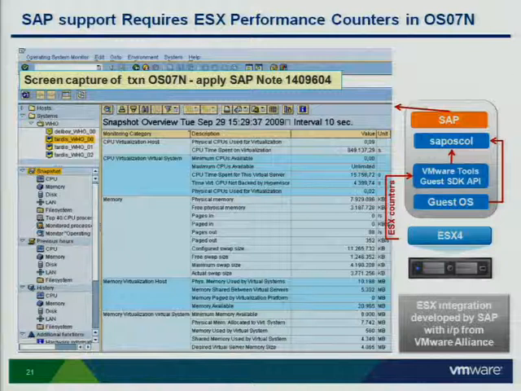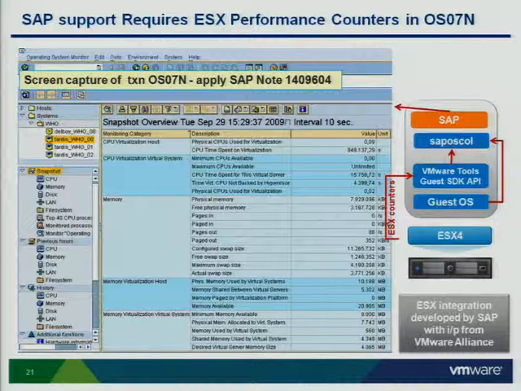So SAP, as a client-server architecture, has a thick client, and through the thick client you can log into an app server, and in that app server you can access business transactions. You can also access a lot of system admin functions. And this is an example screenshot of one of the system admin functions. It's transaction ST06N. This is the transaction an SAP admin will go to if there's a performance problem